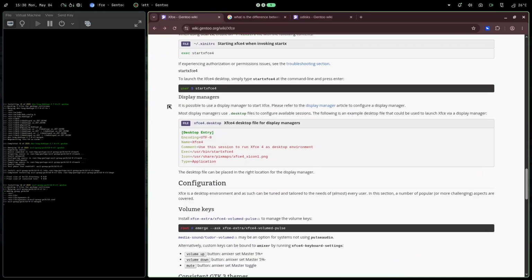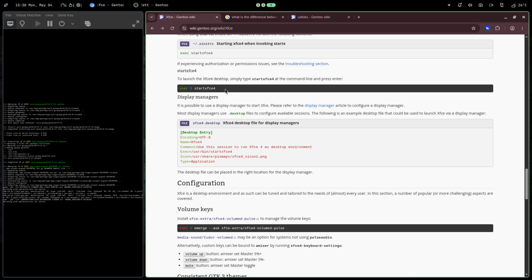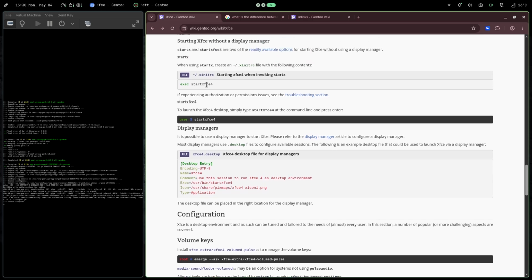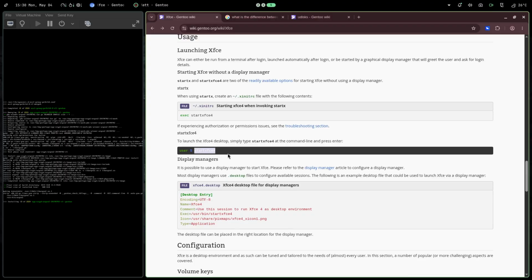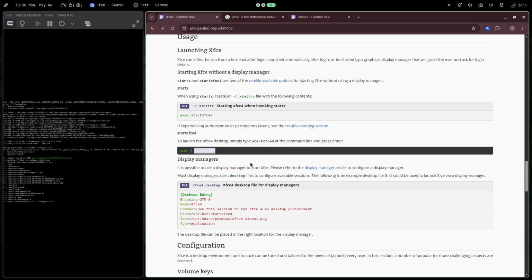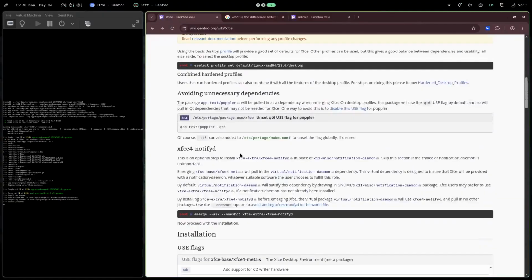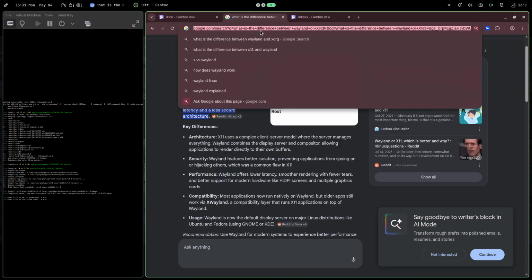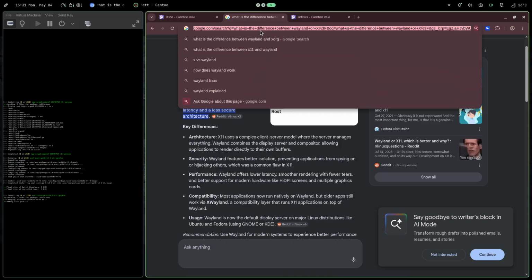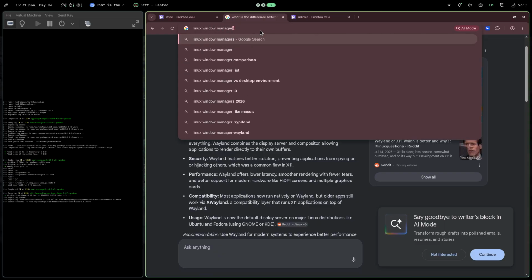So while that churns, you'll see at the end here, we can just type startxfce4 to start the window manager when it's ready to go. So that's XFCE. Okay, now what I was talking about earlier was Linux has tons of different window managers to